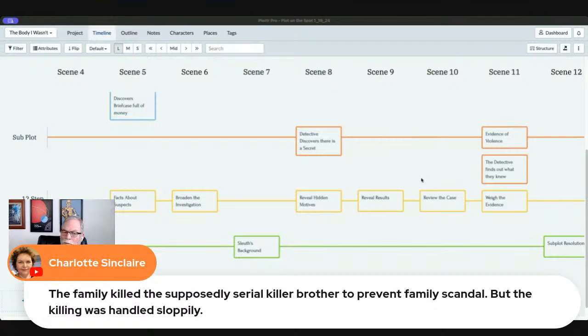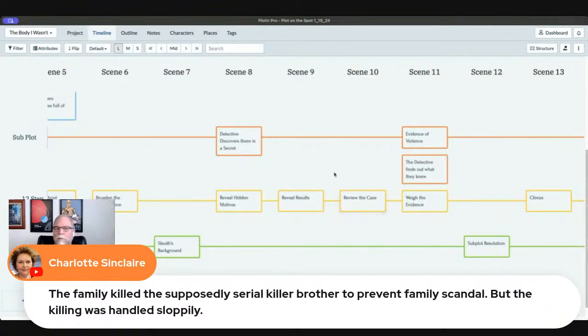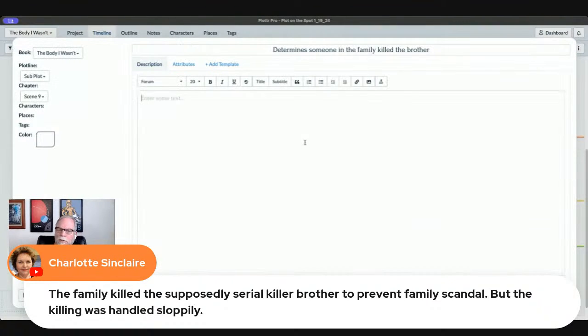Okay, so that's going to leave clues, right? So by this point, the detective is going to find out that they knew something, but also, according to that, he's going to reveal the results, and this is where he determines one in the family killed the brother, right? You guys, this is great ideas, right? And this is done